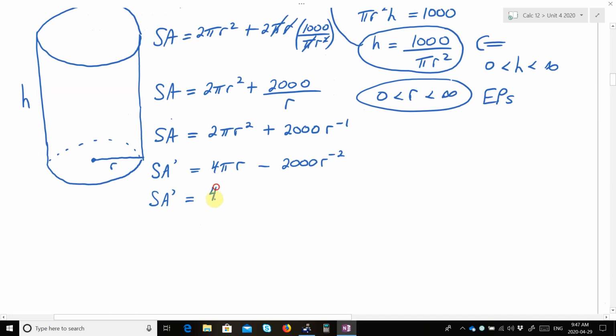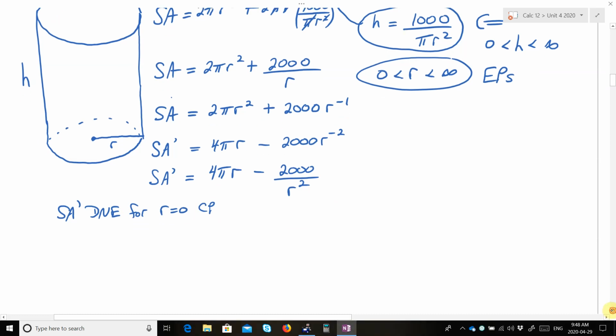So surface area prime is equal to 4 pi r minus 2,000 over r squared. Okay, and so surface area prime does not exist for r equals 0. So that's a critical point. We're going to test that as an endpoint anyway. It's not even really technically in the domain. And so then the other critical point is